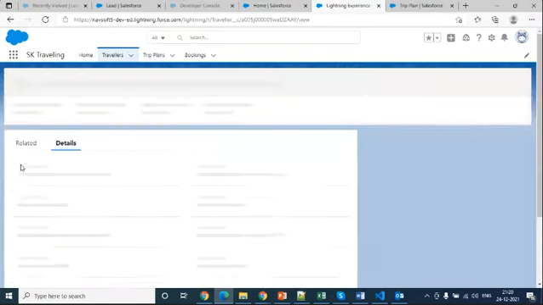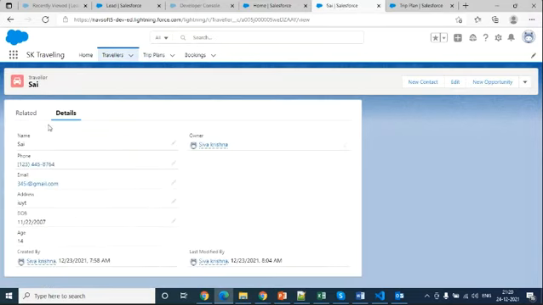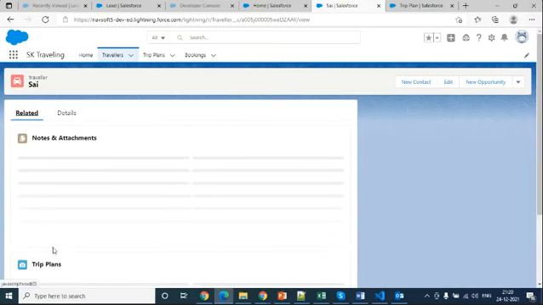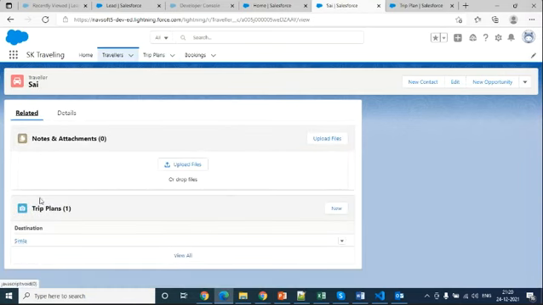Go to Sai. You can see the details of that traveler person, and in the related list you can see how many trip plans he planned. When we created a Traveler record, I was able to see only notes and attachments.